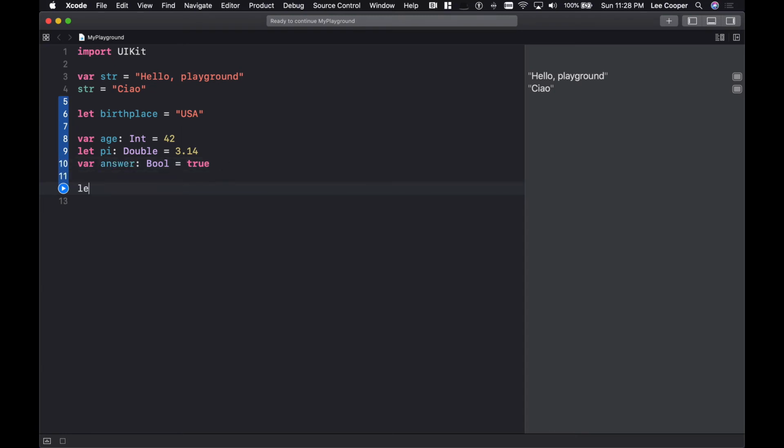Now, the other key concept, a basic building block, is something called string interpolation. It looks something like this, where if you're building out a string and you want to plug in variable values, you can use this backslash character and these parentheses, put a variable in there, and if we run it again in the playground, it'll plug in what that value is. So you can create a string that has